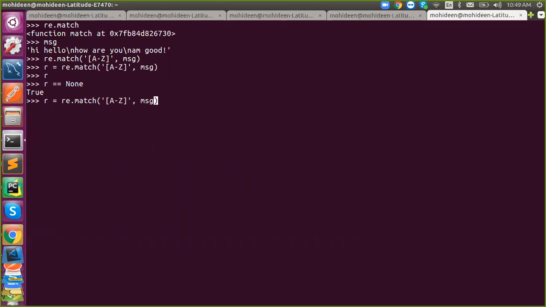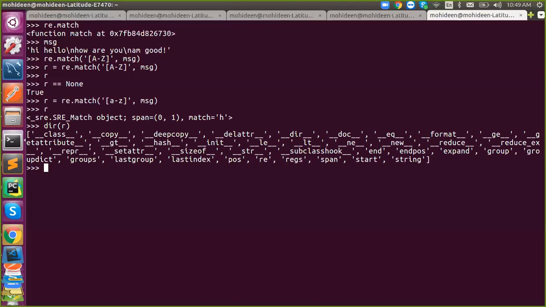Now I'm going to say a small letter. Now I got a match. So this is called a match object. Even though you can apply many attributes to it, with the help of group you will get it. So r.group will return the match.